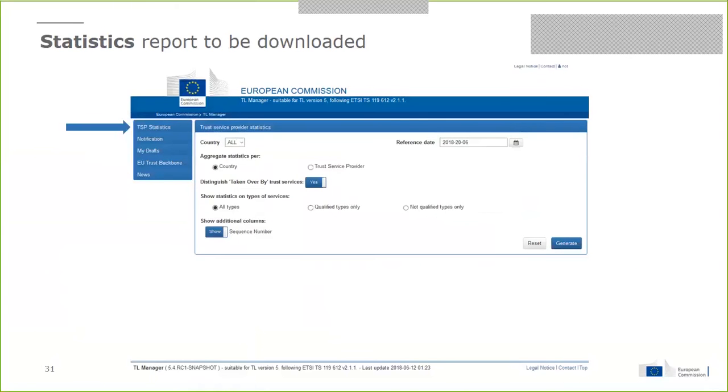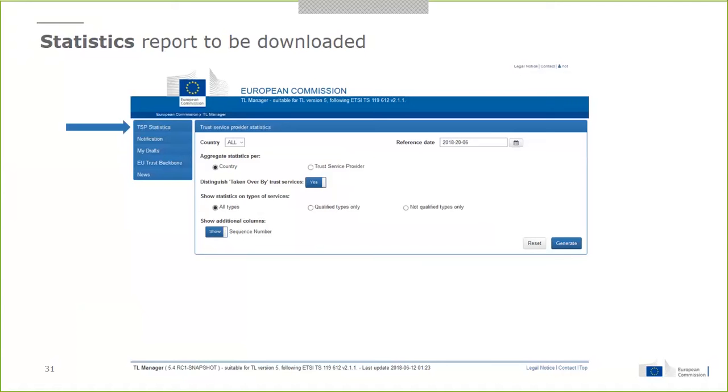Okay, let's focus on this statistics report. You will have a new entry in the menu on the left, TSP statistics. This is how it looks. There are a few criteria. Country: you can download for every country or select one of them. Reference date: you can select at which moment in time you want to extract these figures. Please be aware that this reference date will take information from the current trusted list.